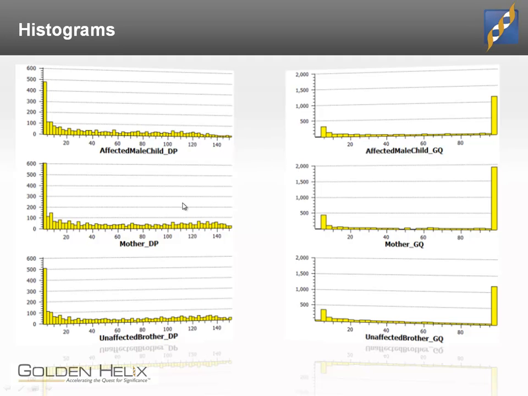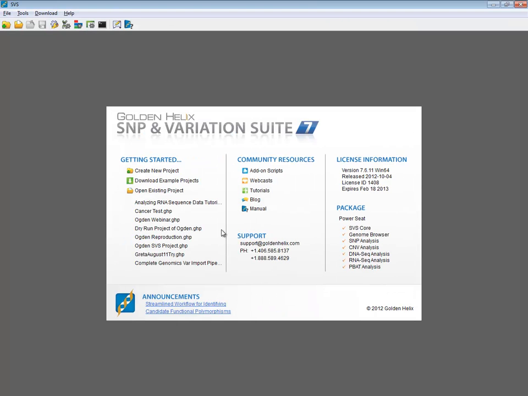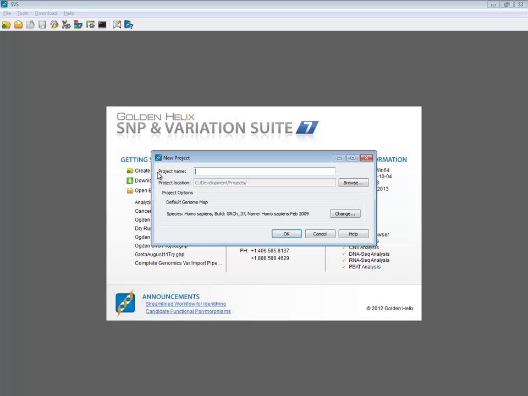Okay, so what we're going to do now is jump on over to SVS, import these VCF files, and get started with this process of filtering. So I'm going to go ahead and open SVS. I'm going to maximize it here so we're not distracted by anything. And SVS is, again, as I mentioned, a powerful suite of tools with a number of different modules to focus on different experiment types. But we're going to focus on just using that DNA-Seq module.